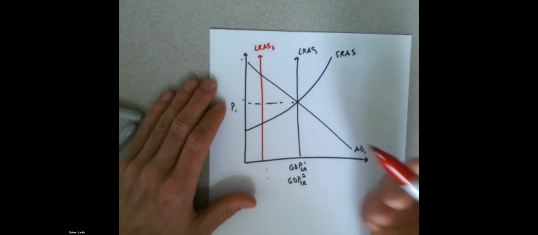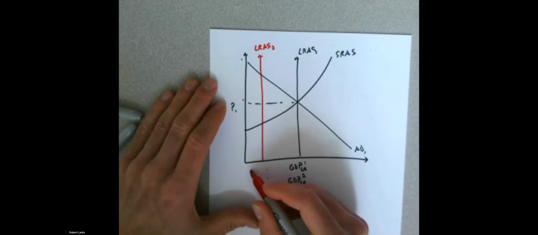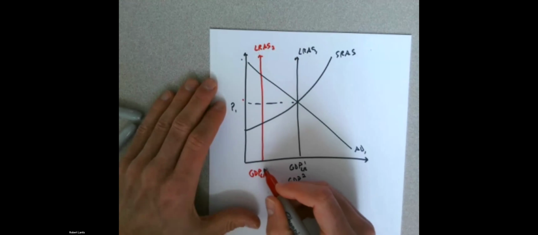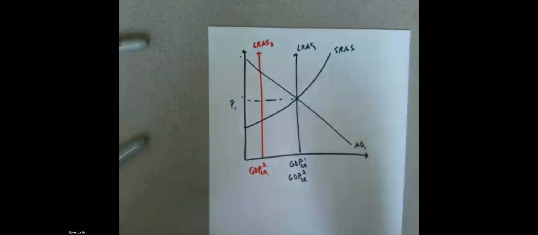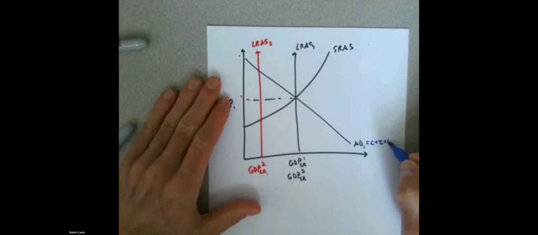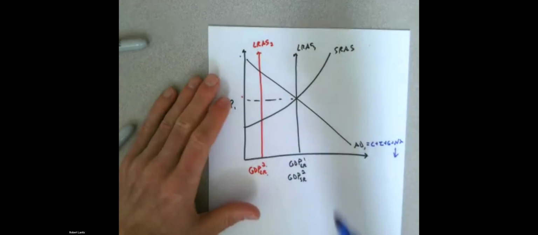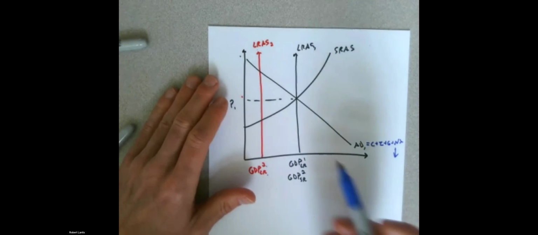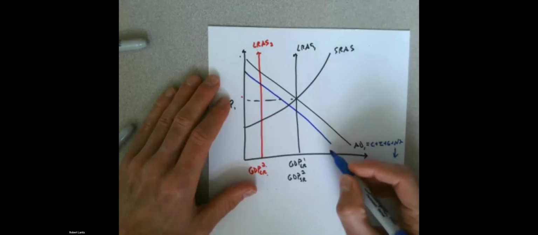Okay. Well, what's that going to do? Right? That new long run GDP is going to be down here, if short run aggregate supply doesn't adjust, right? But we simultaneously had a decrease in government spending. This doesn't have to be a decrease in government spending. It could be a change in any one of these factors. So we could do a decrease in net exports, but we were told that that change is smaller than the long run aggregate supply shift. So if that's the case, I'm going to draw this in pretty small here.